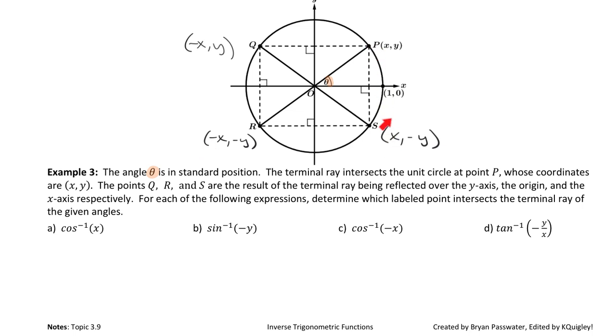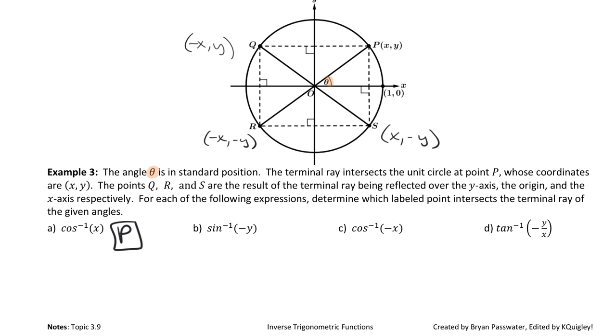P and S. Now, if I'm doing inverse cosine, am I allowed to use this coordinate point? No. Cosine is only allowed to be in which two quadrants? 1 and 2. So the coordinate point that would give that to me is P. I made that very confusing, so sorry, everybody. What about